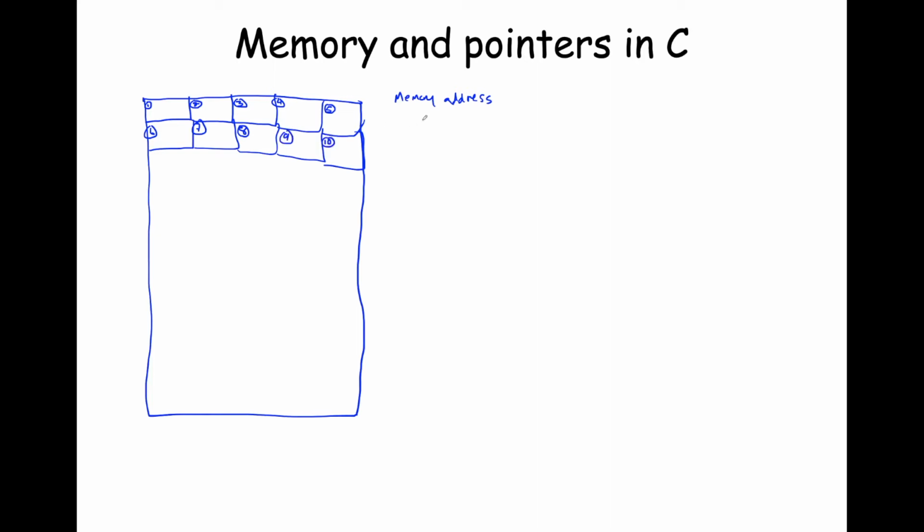And so each memory location is associated with a memory address. And what a pointer is in C, it's a special type of variable that you can use to access memory locations using their address. So in C, unlike Python, you have to define the types for your variables